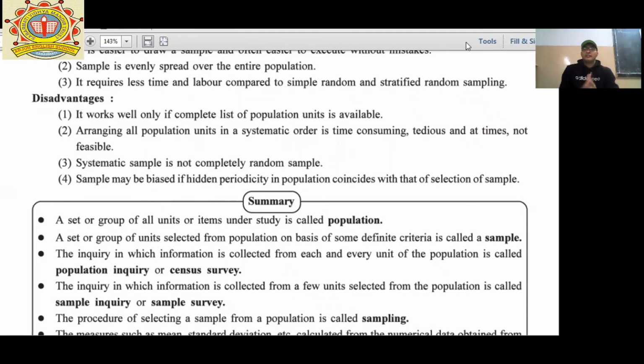Okay, so finally I have completed the entire chapter. This is a summary where we have completed population, sample, and sampling techniques. There are three techniques: simple, stratified, and systematic. In simple there are the lottery technique and random numbers. In random numbers there are three types.